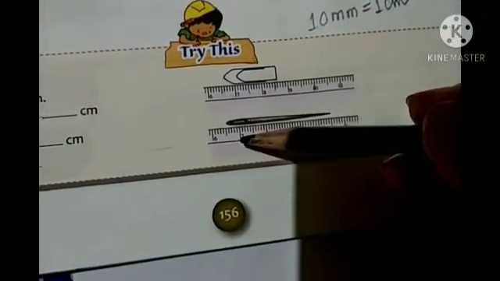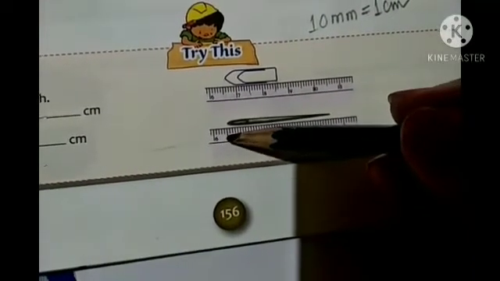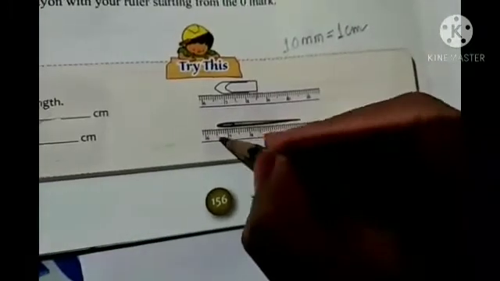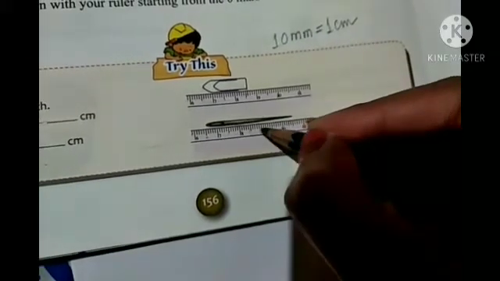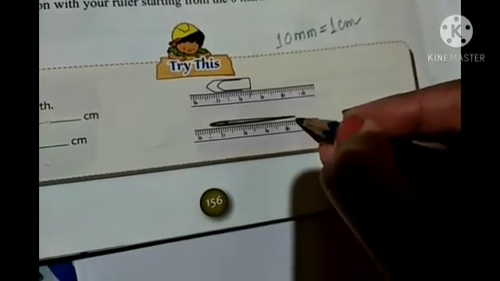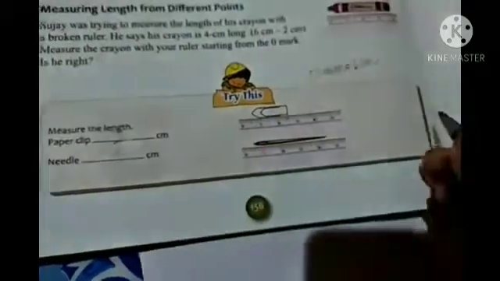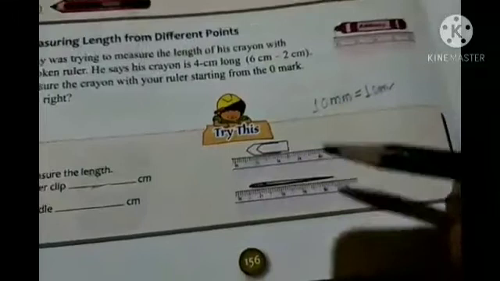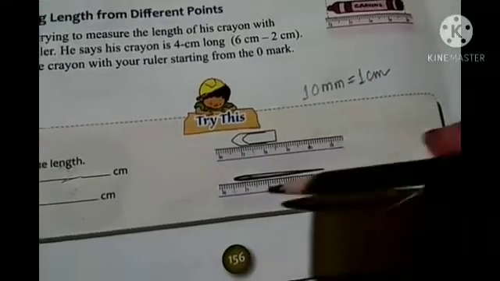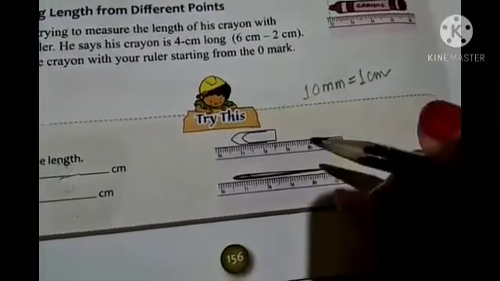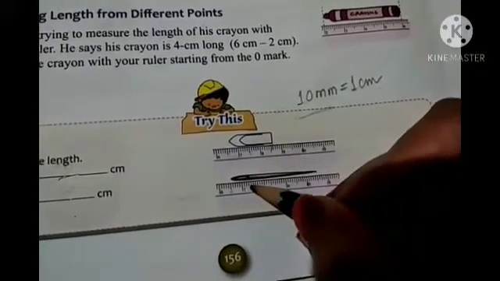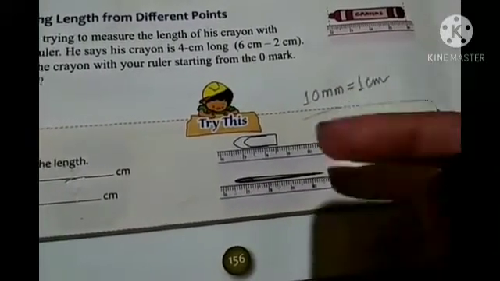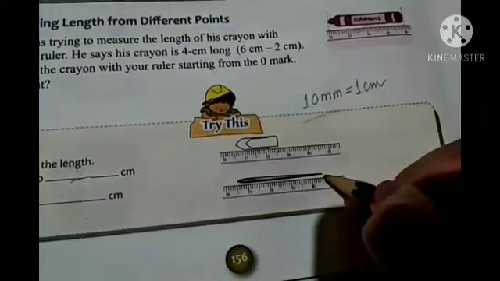Okay, next this needle, you see this one is not from exactly 7 or something like that. So it is from 6.5. So from this point to this point it will become 1 centimeter. Then here to here 2, 3, 4. Okay, so the needle is 4 centimeter. So you just have to count it, because every time you may not get it from 0. So in that case you have to see this one, because 10 millimeter is equal to 1 centimeter. So 10 lines you have to count, then we can get the 1 centimeter. So in that way, if we count up to the last, we can get the measure.